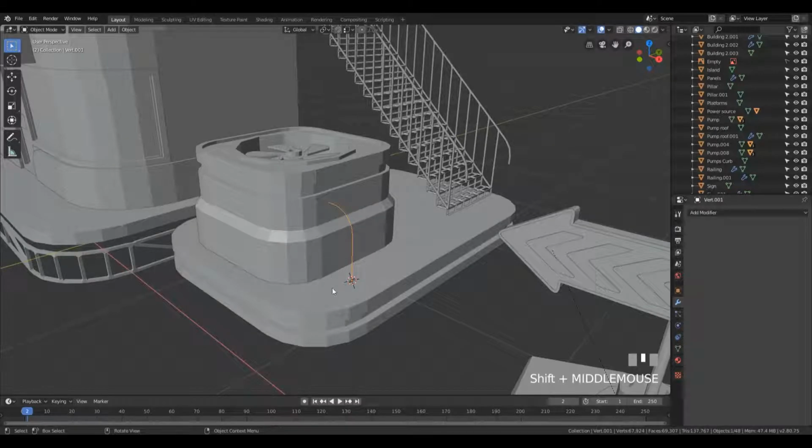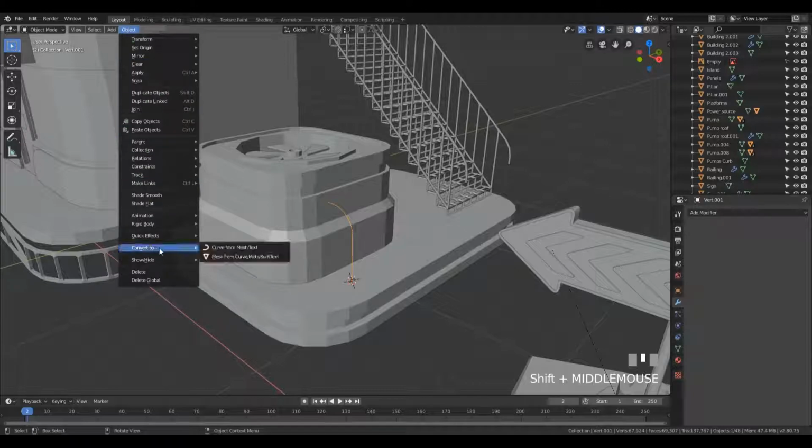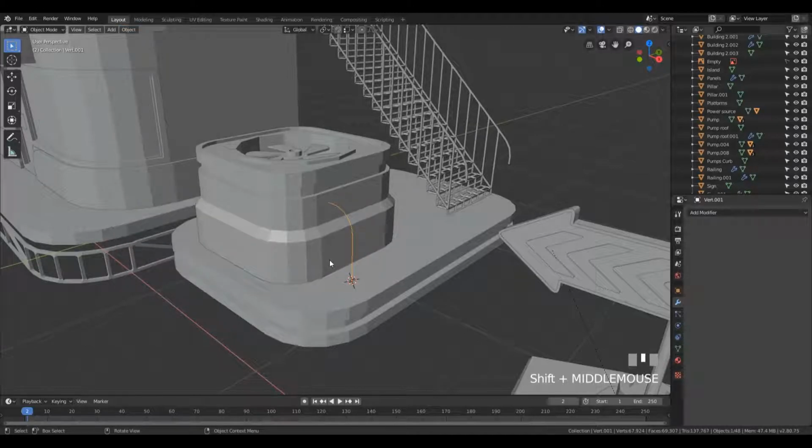We won't be using any modifier to cover this with a circle profile or anything like that. Basically we'll just convert this to a curve, and if you go to the object, you can see there's a menu convert to, and you can convert either mesh from a curve, some surface or text, or you can create a curve from a mesh. Now that's the option we are interested in, but it's a little bit hidden here, and you can see there is no default shortcut assigned to that, but Blender has a nice little feature, and that's a quick option, or